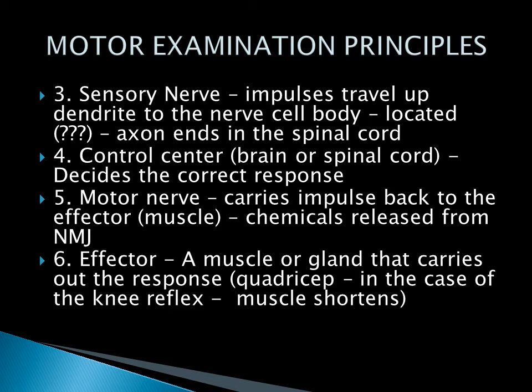It's located in the ventral horn. The synapse causes this neuron to depolarize, creating an action potential, which we'll just simply call a nerve impulse, and it sends this impulse down the